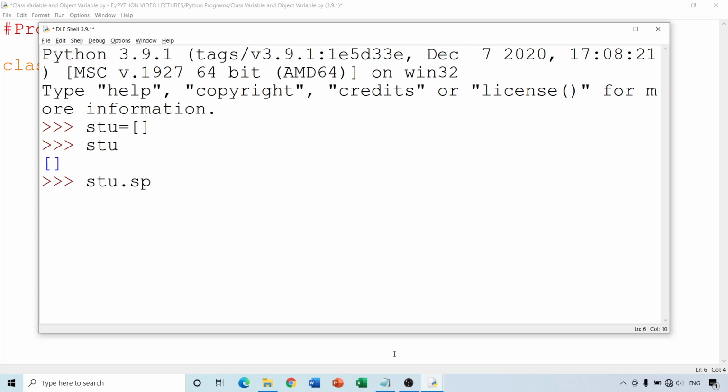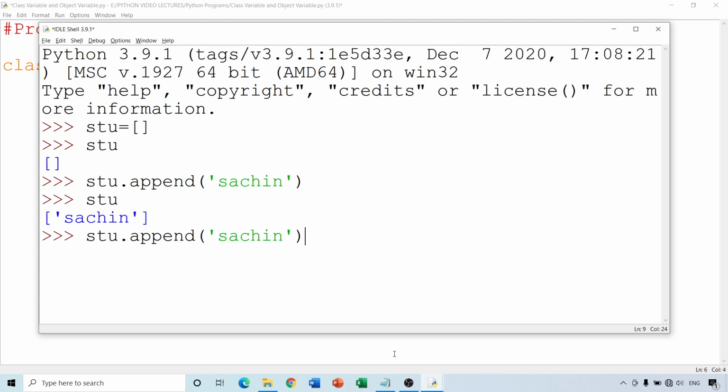One of the methods is append, and we add one name. Let's check whether the name is added or not. Yes, it is added. Let me add one more name. Okay, let me check once again. Fine, two names are there.